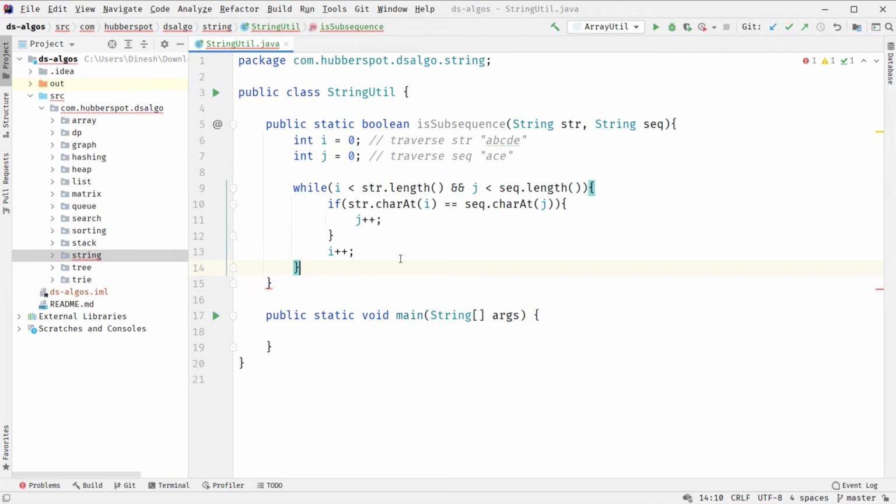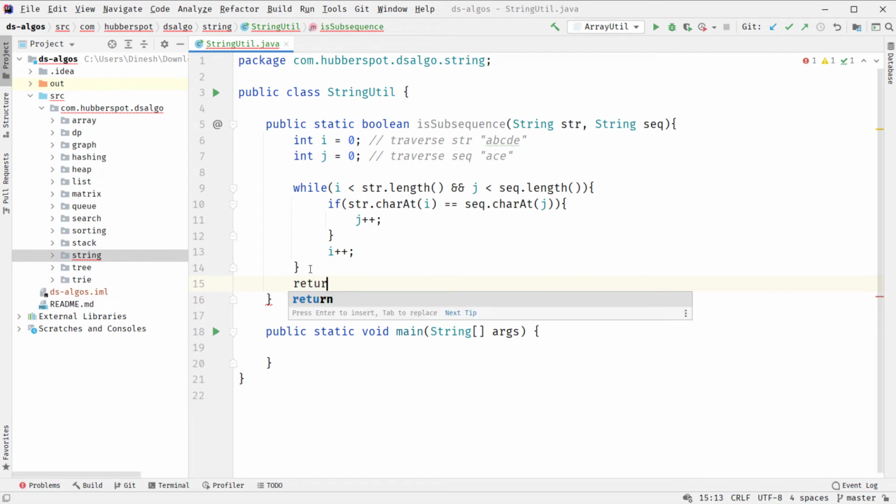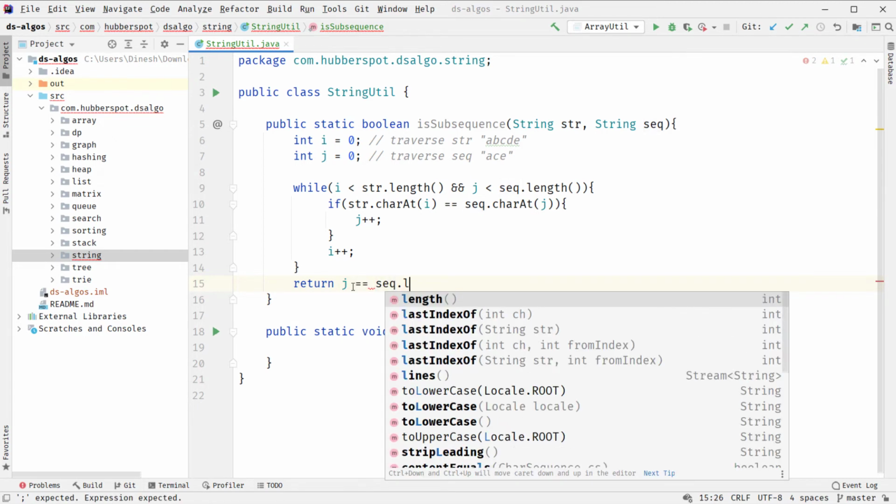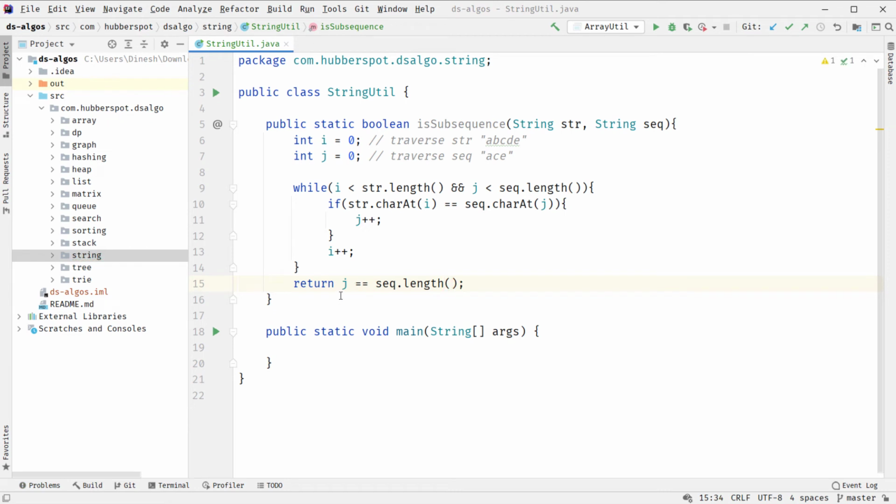This loop goes on, and at the end either this condition comes out to be false, or this condition comes out to be false, or both conditions come out to be false, so this while loop will terminate. After the while loop terminates, we simply return whether j is equal to sequence.length or not. Why are we doing this?